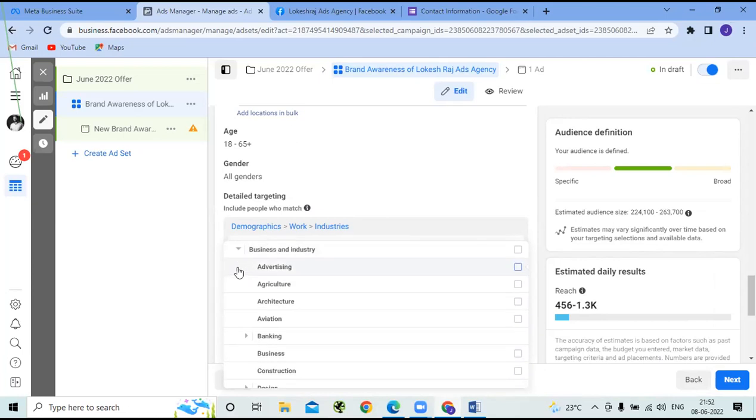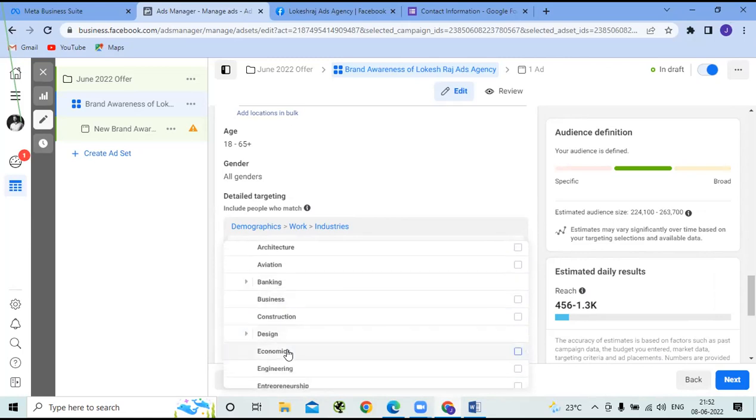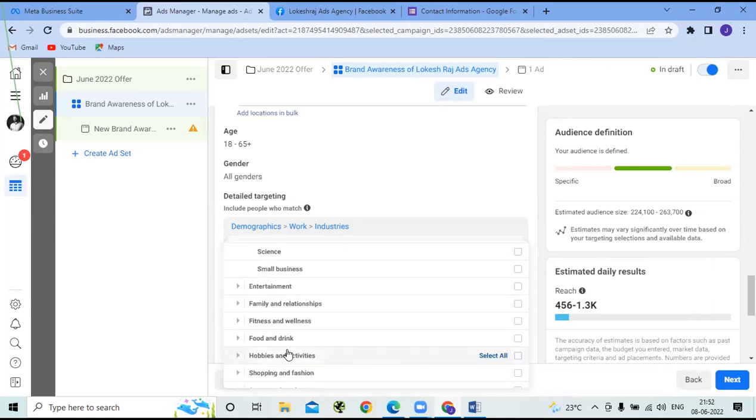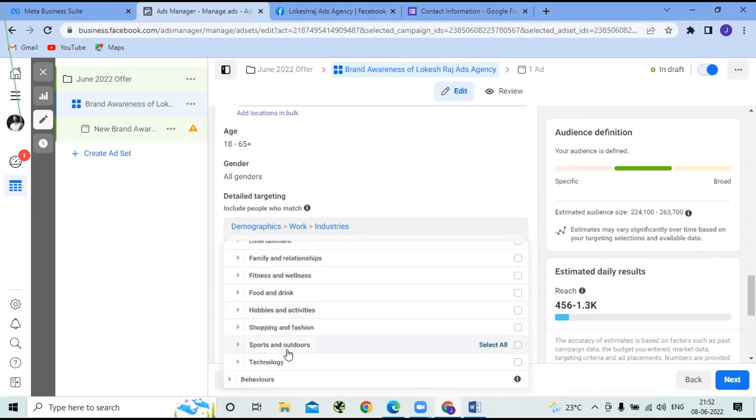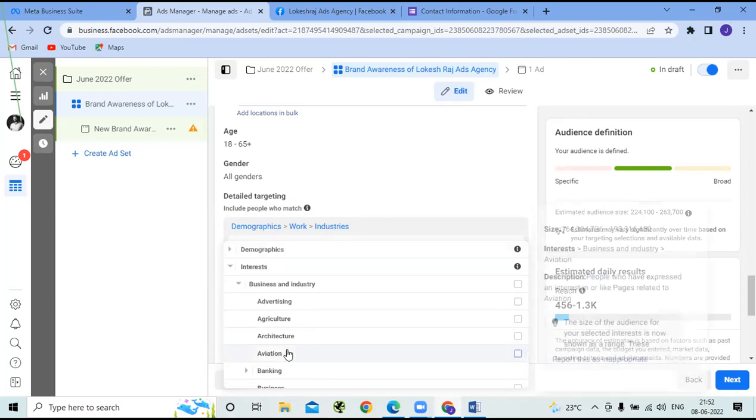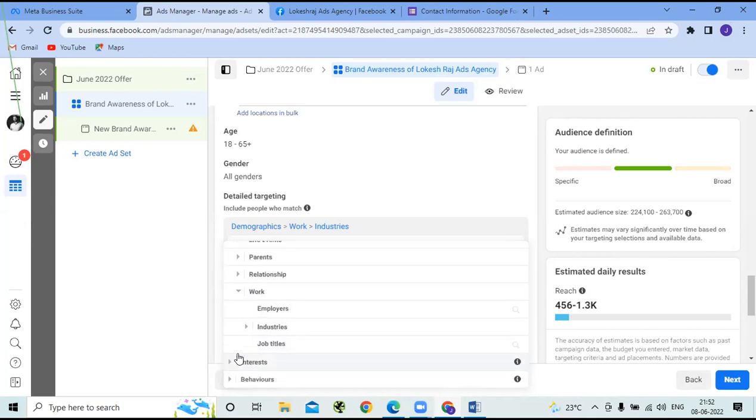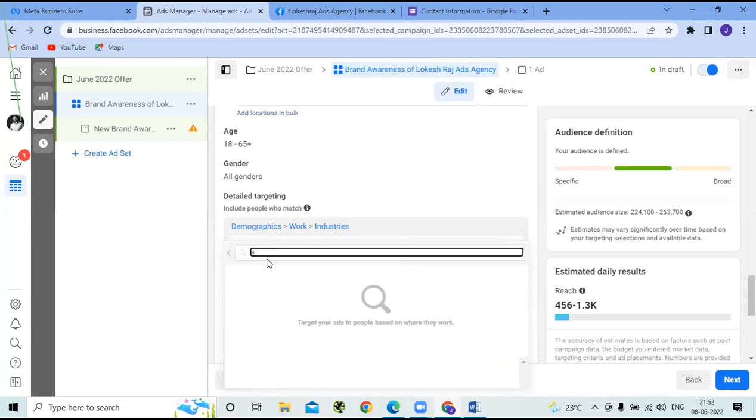हाँ, अभी इसमें एम्प्लॉयर पे जाइए, एम्प्लॉयर नीचे आएगा। आपको वर्क में एम्प्लॉयर्स नहीं आ रहा है? यहाँ पे डेमोग्राफिक्स के अंदर है ना, इंटरेस्ट के ऊपर वर्क है, यानी वो डेमोग्राफिक्स के अंदर है। हाँ, डेमोग्राफिक्स में वर्क में और एम्प्लॉयर्स पे क्लिक कीजिए।